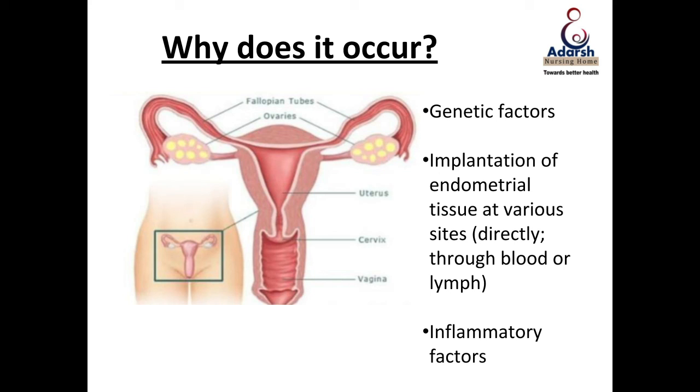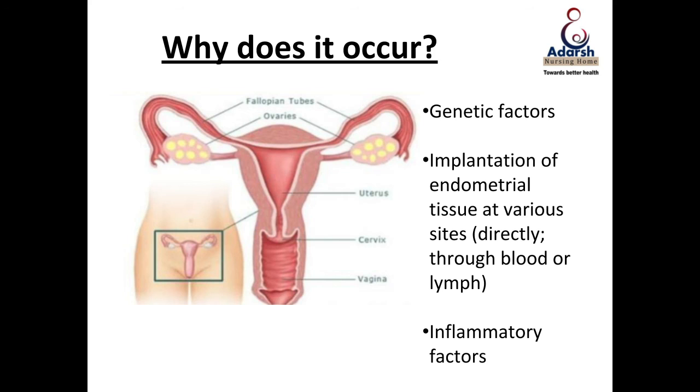And lastly, we have something called inflammation. Inflammation is a normal term, we all understand it, but what is its role in endometriosis? This is very important because if blood, which is not supposed to be in a particular place, goes and sits there, the body has a mechanism where it cleanses itself. We have the white blood cells of the body. They go and attack anything that is foreign to a particular area in the body.